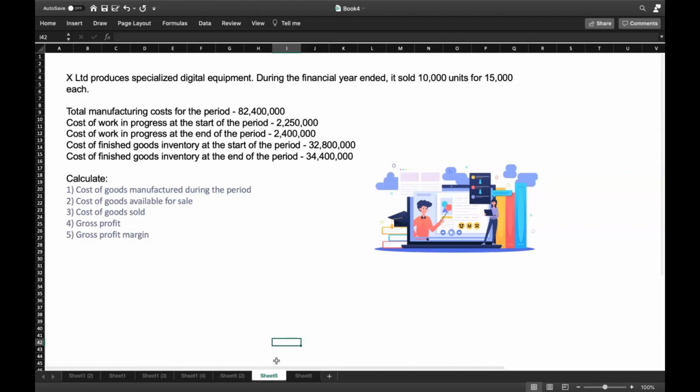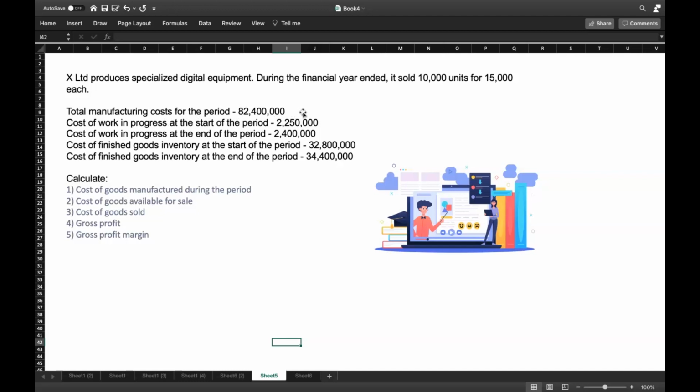This is one of the past exam questions. X Limited produces specialized digital equipment. During the financial year ended, it sold 10,000 units for rupees 15,000 each. Total manufacturing cost for the period is